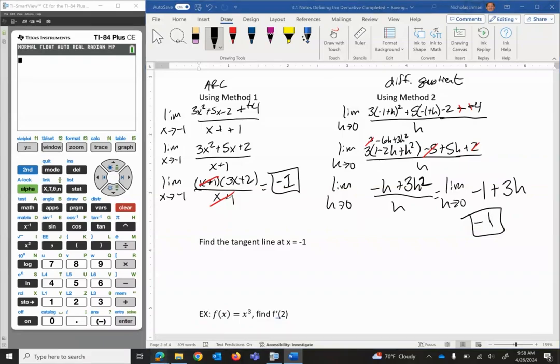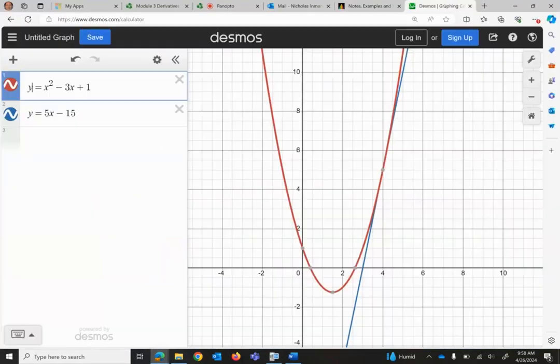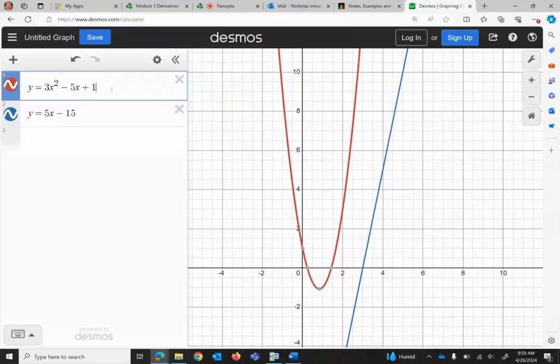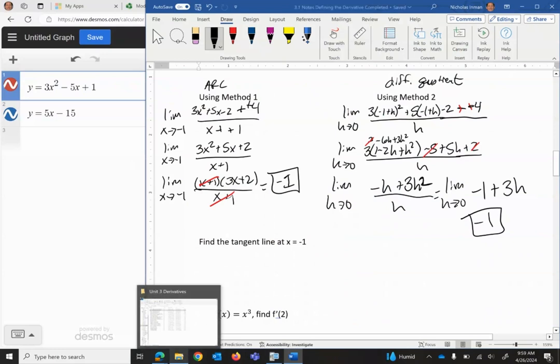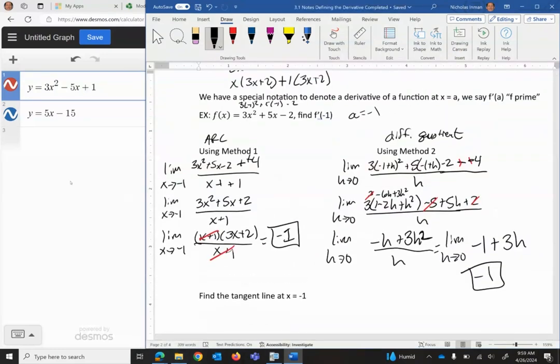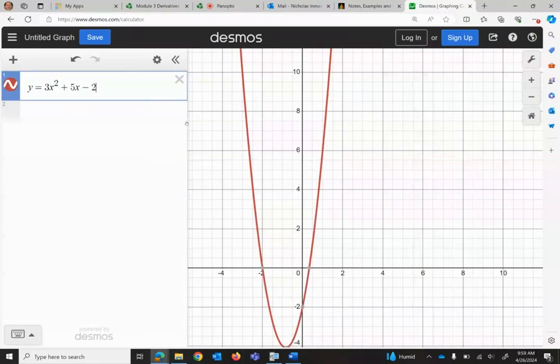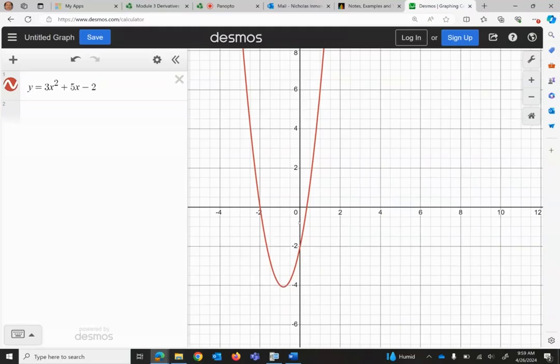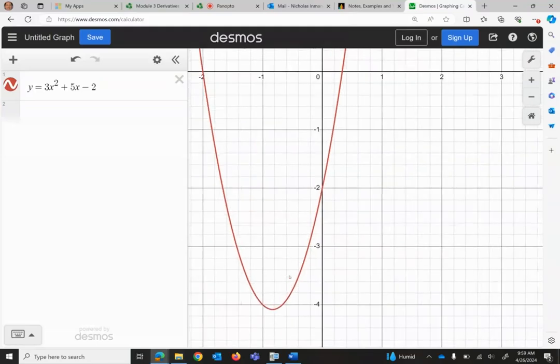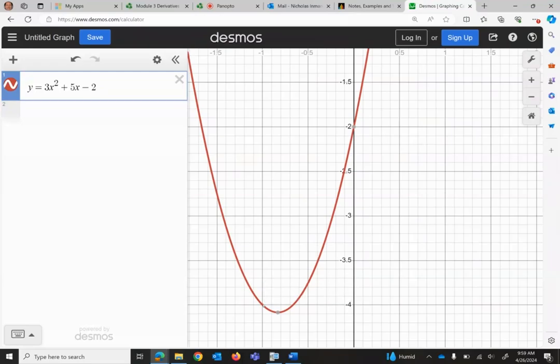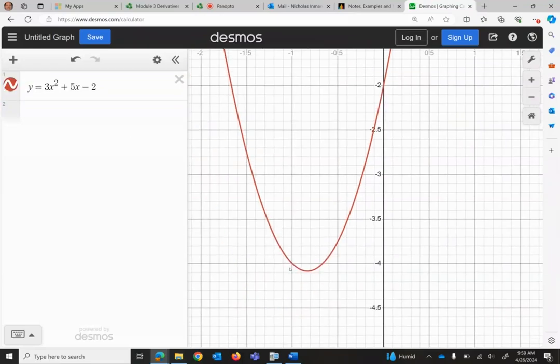All right, so actually let's take a look at a Desmos graph and see how we feel. It was 3x squared minus 5x plus 5x minus 2. Okay, so we have this equation. We're looking when x is -1. Right here. Notice that at -1, we have that y value of -4. That's great. So the idea that we're looking at is what would be the slope